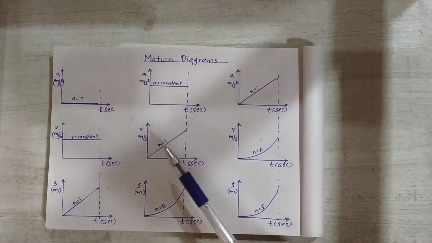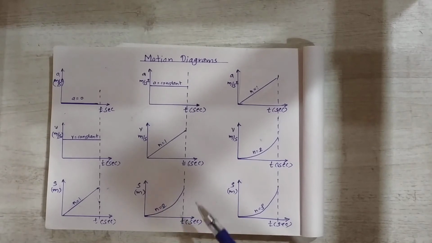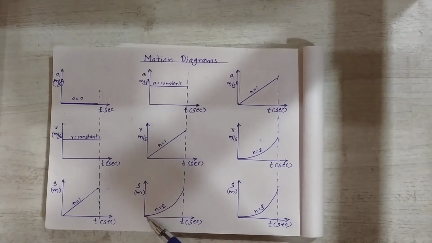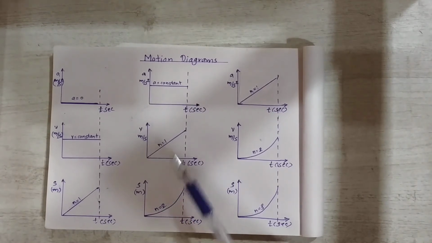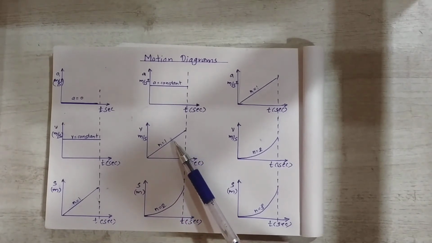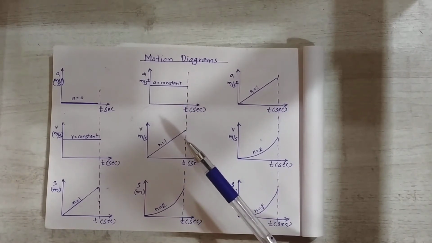Next, below this there is always the ST diagram, the displacement time diagram. For this, the curve is actually a parabolic curve. The highest degree of the equation for a parabola is 2, so n is equal to 2. If it is an inclined line, the highest degree of the equation is 1, so that is 1.